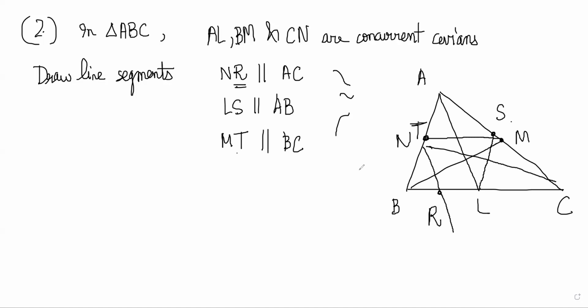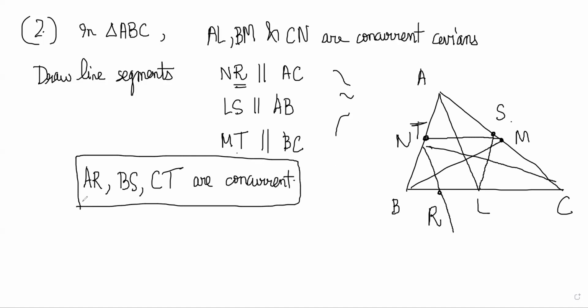And I want to show that AR, BS, and CT are also concurrent. So now using the 3 points R, S, and T, I can prove concurrency of the Cevians AR, BS, and CT basically. So the figure is complicated to draw, but you can try proving this. Similarly,